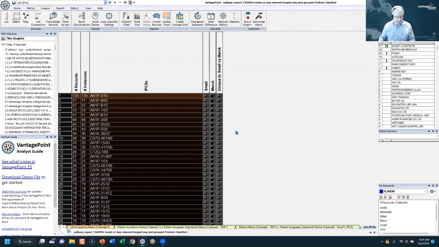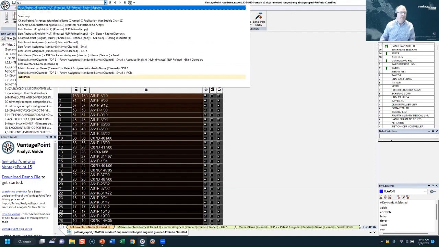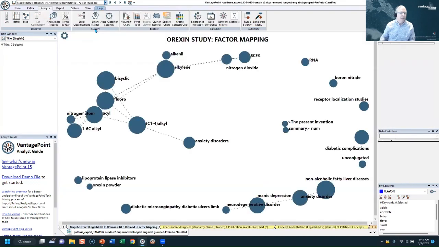So groups are fantastic. Groups are really the real secret to all of this in terms of bringing this analysis into the world that you're working in. I think the last thing I just want to talk about is the whole factor map and the groups that are generated out of building factor maps and so forth. I have a factor map already produced. If I just sort to it, you'll notice that this is just a clustering of words around particular